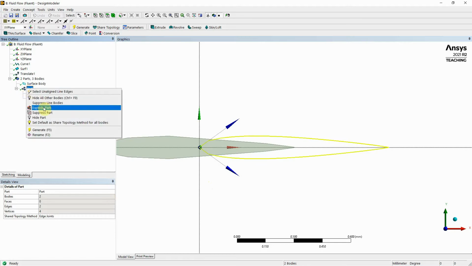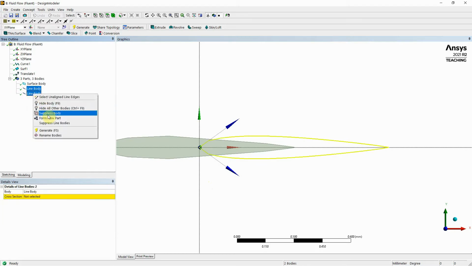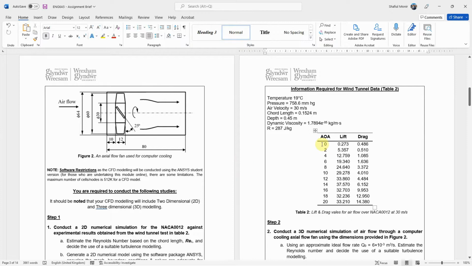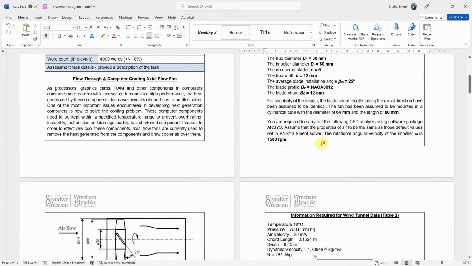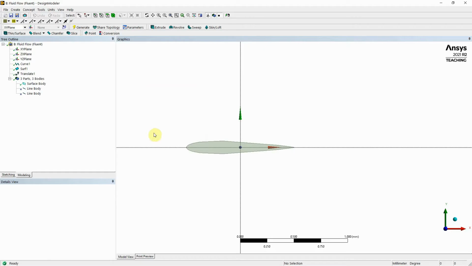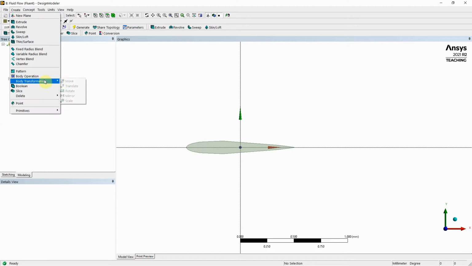Not part, what have I done? Blue part, suppress body. Okay, so we've got that. Now in the assignment, it says that the actual chord thickness, the length, hub width, chord is 12 mil. So what we're going to do is just create body,